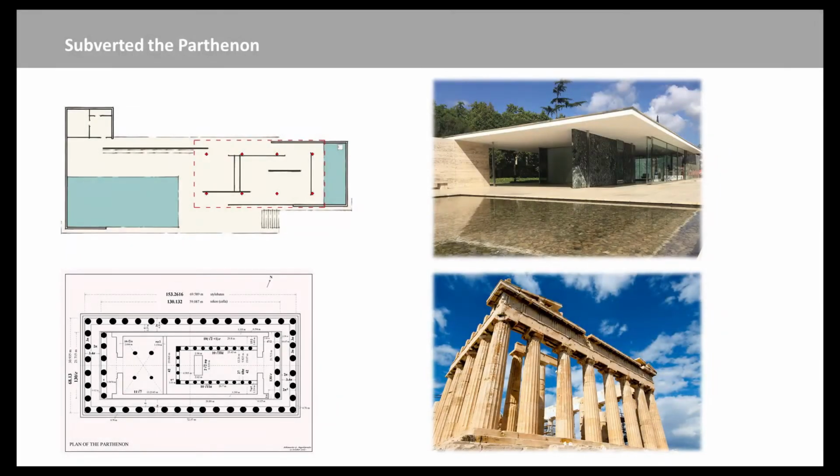Of course, the top figure of plan is the Barcelona Pavilion, and the bottom figure of plan is the Parthenon. I'm showing you these two things because they have uncanny similarities. The Parthenon has a bunch of columns, has a cella, has a cult figure. It's got all the stuff you need to be a temple. Does the Barcelona Pavilion have that stuff? You might say no. Of course, it doesn't have that stuff.